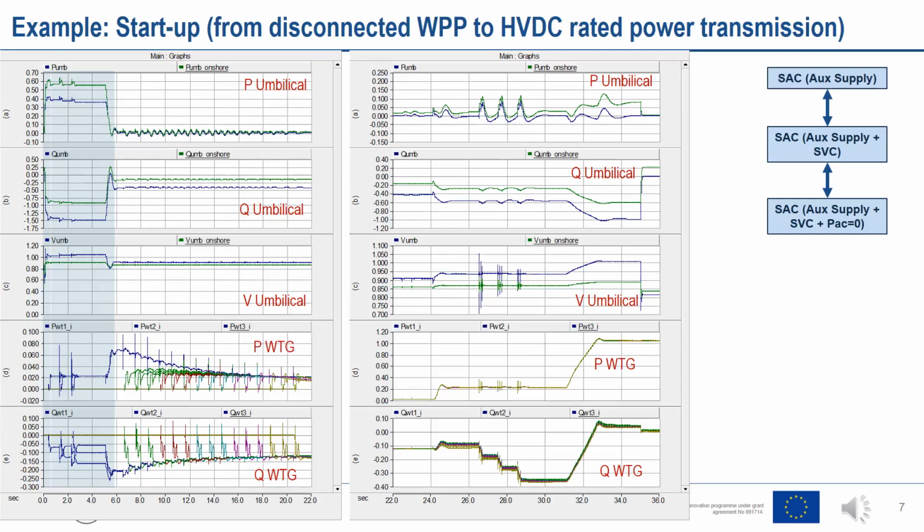After that, we keep connecting the rest of the wind turbines, and you can see that when we're connecting all the rest of the wind turbines, the voltage is controlled within the operational limits, and also the active and reactive power through the wind turbines are within the operational limits. Once all the wind turbines are connected, we move into HVDC standby mode, and then we start increasing the power